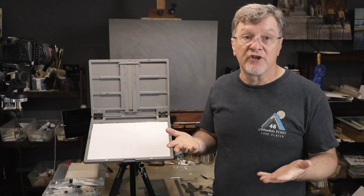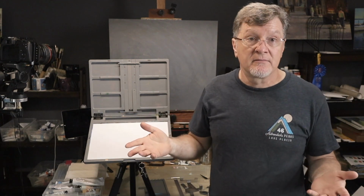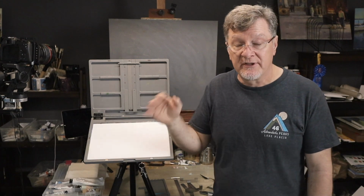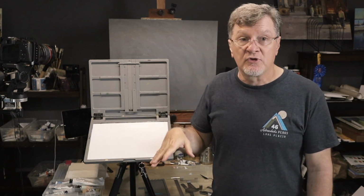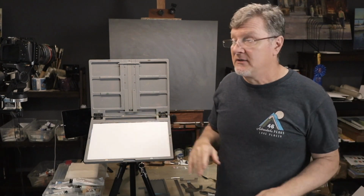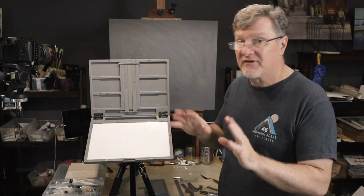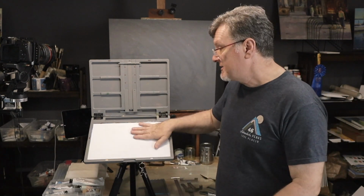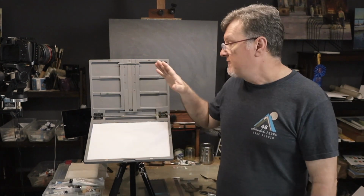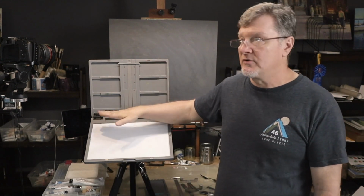easel is not shipped. In this case, this is different. I know Day Tripper will fix it as well. Like I said, they just started as well. A good company. These are two different easels. You can't compare them, because Day Tripper is a completely different design, and for different purposes. This is a different purpose and different design, so you can't compare them. If I were comparing this to like Open Box M or any other